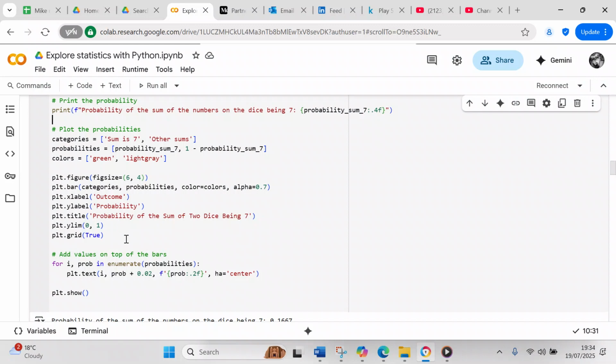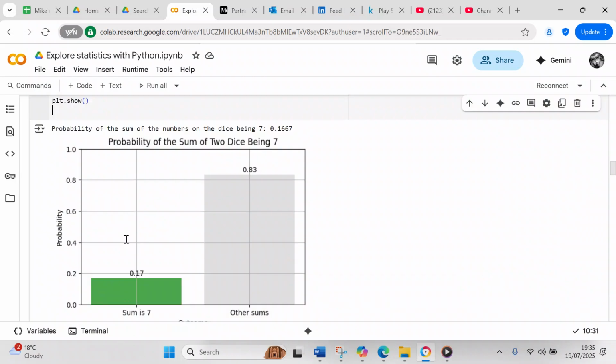And then plt.xlabel is outcome, ylabel is probability, and the title is probability of the sum of two dice being 7. So you've got a limit of 0 to 1 because we're dealing with probabilities, and you have a grid. And you also have some code that enables you to put the probability on top of the bar. So we're going to print that out, and you'll see that the probability of the sum of two dice